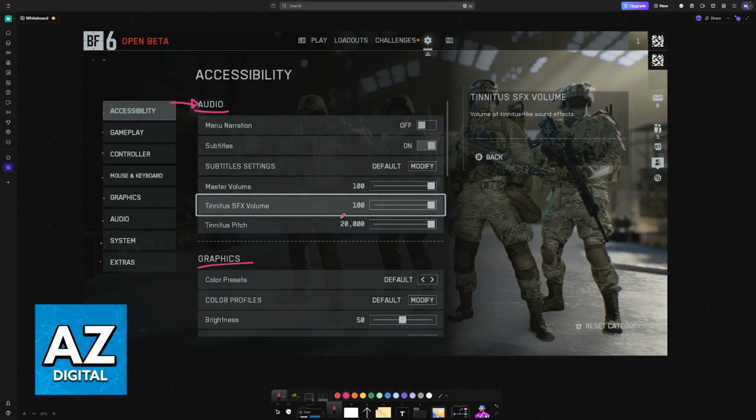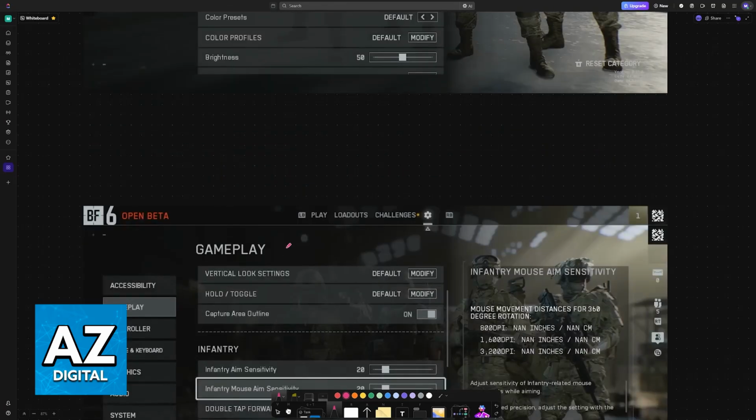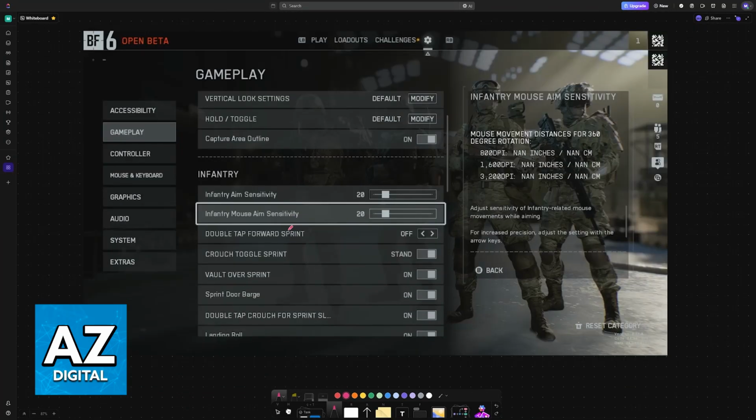So you can modify the volume of the game, you can modify the graphics, you can change brightness, how it looks, the profiles. If you are colorblind, you will be able to go to accessibility, enable color and filters from there, and so on. Under gameplay, you will have stuff related to the sensitivity, the controls like sprinting, toggling, and so on. There are way too many settings for me to go over in this video.